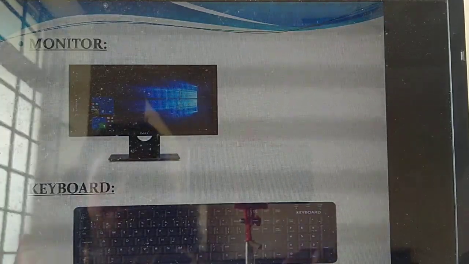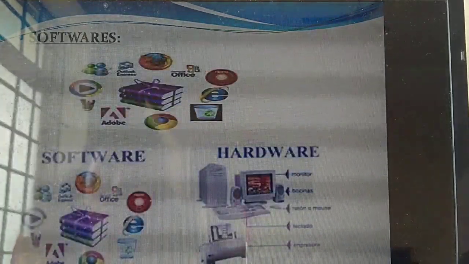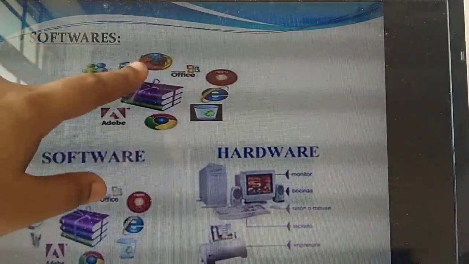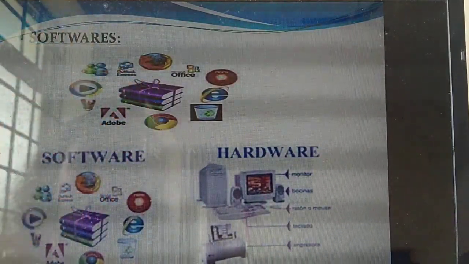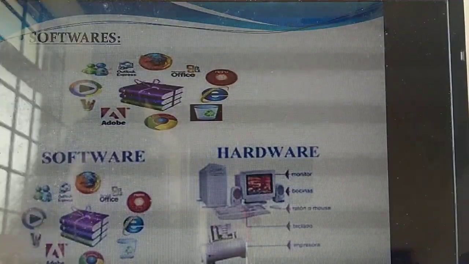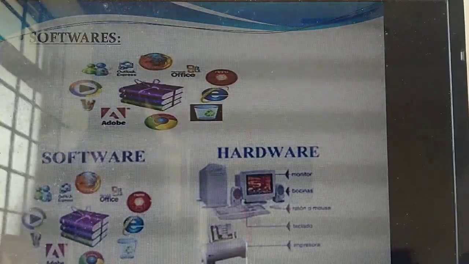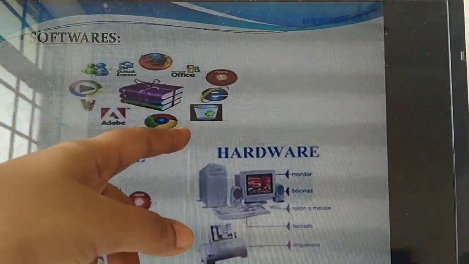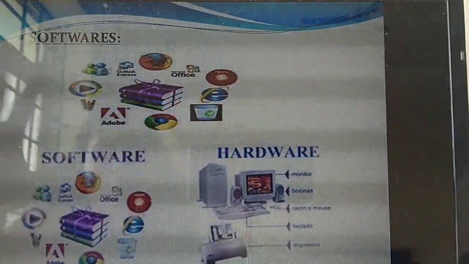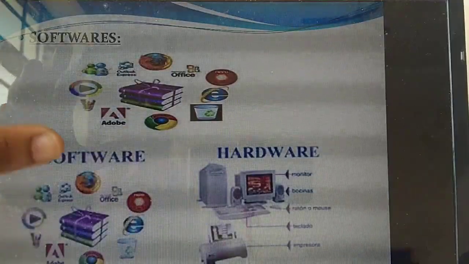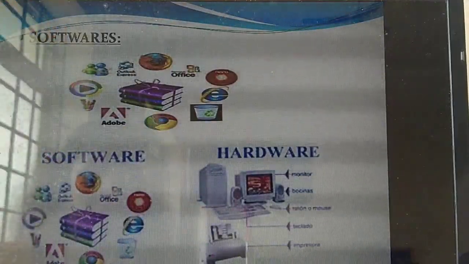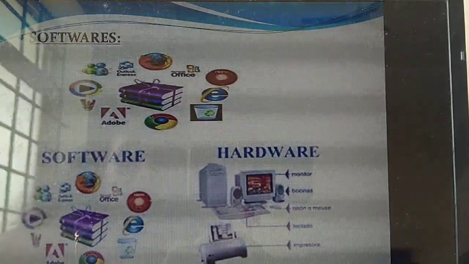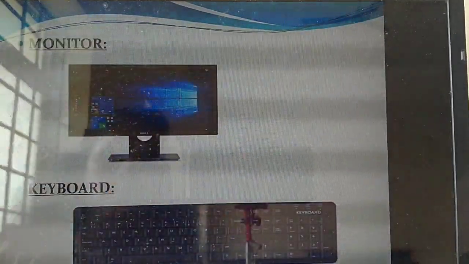So these are the examples of what? Hardware. Okay. Next thing is software. Software is nothing but these are the softwares. Okay, applications. These are the things you install inside the system for your use. That is called what? Software. What are the things I have given? Chrome, Google Chrome, Internet Explorer, Recycle Bin, MX Player, like this. All these things are there. These things we are calling as what? Software. Understand?